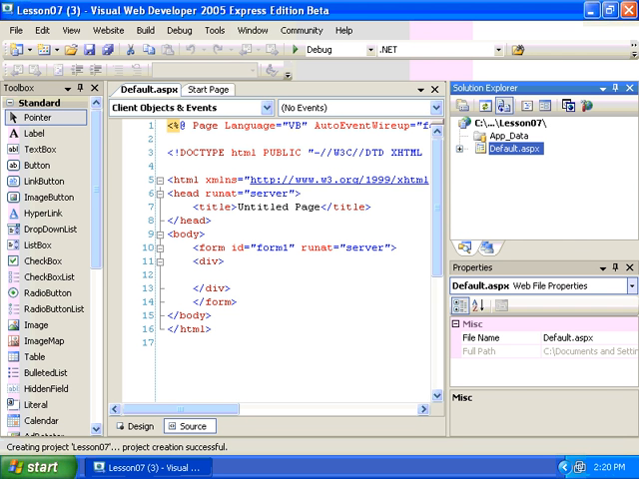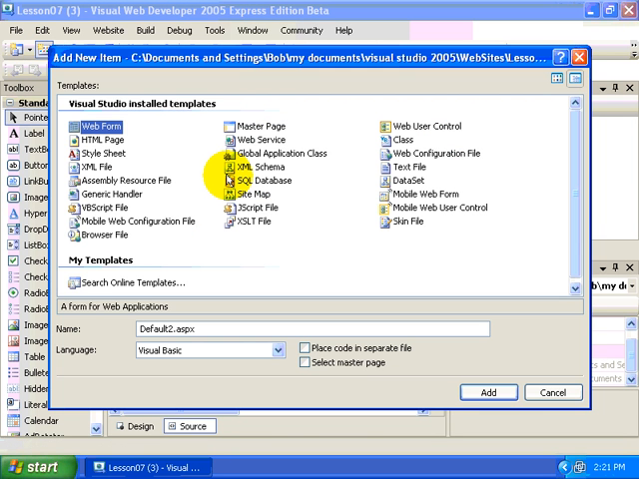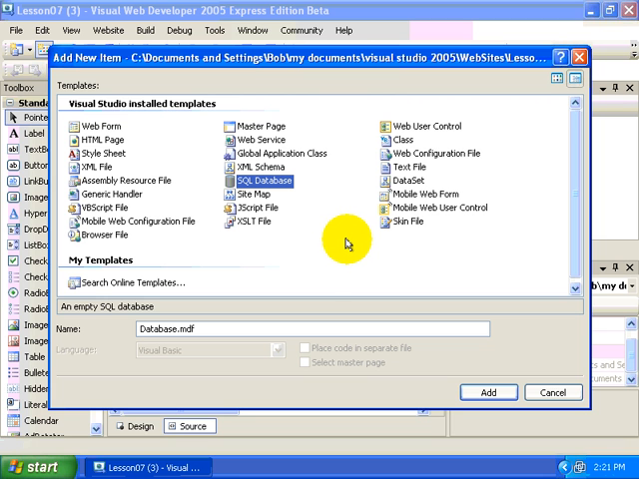Okay, so let's go ahead and get started. I've already taken the liberty of creating a new project, or new website, called Lesson 07. I've done nothing to it up to this point. The first thing I want to do is select the website in the Solution Explorer, then click Add Item, and I'm going to select SQL Database,